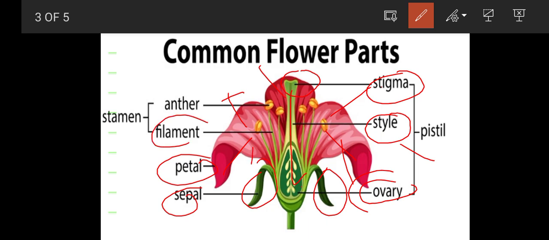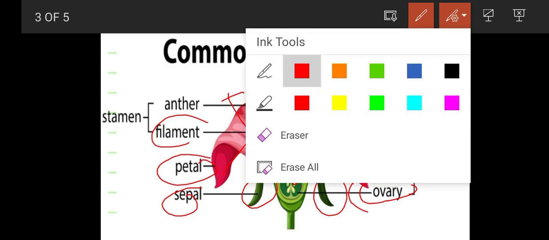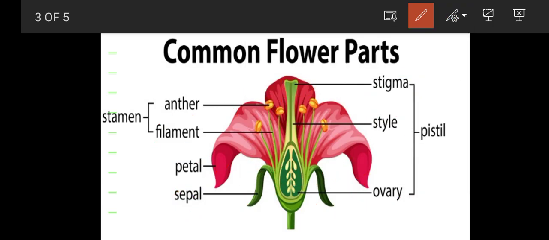The filament is this long part which is attached to the anther. Let me erase that so that it is a bit clearer. The filament is the part to which the anthers are attached. That is known as our filament. Then the anthers are these small orange